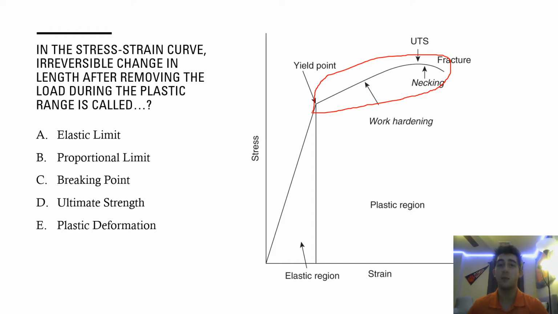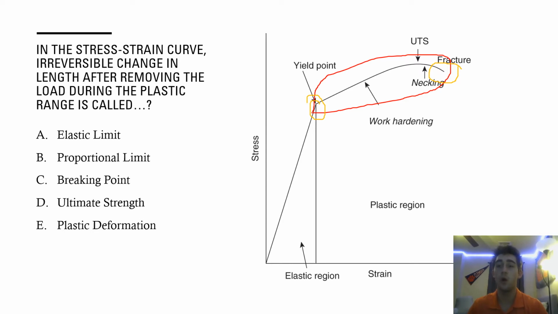Now, the elastic limit, the first answer choice, is the point of elasticity right before this curved section. So this is not our answer. The proportional limit is very similar to the elastic limit and refers to the yellow right there as well. Also not our answer. The breaking point refers to where the material actually fractures over here and the curve ends up stopping. While this is irreversible damage, it refers to a different action that's occurring, so it's not our answer